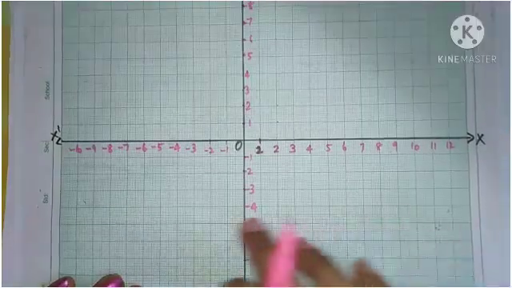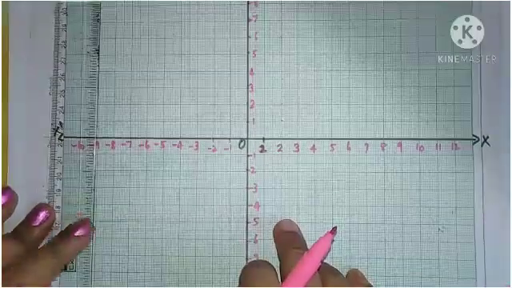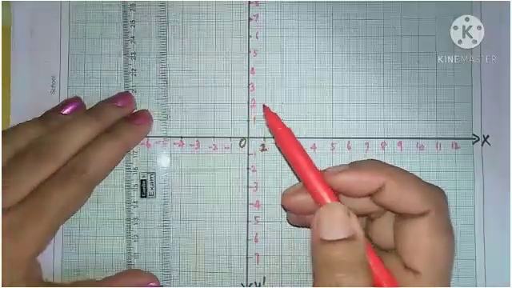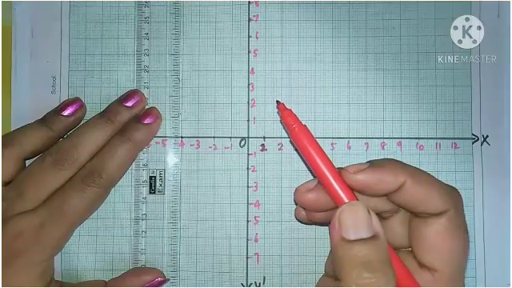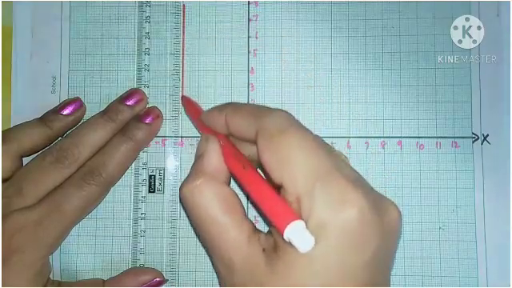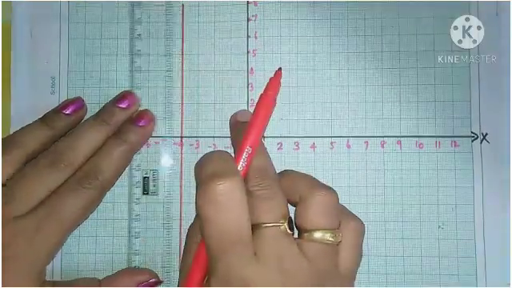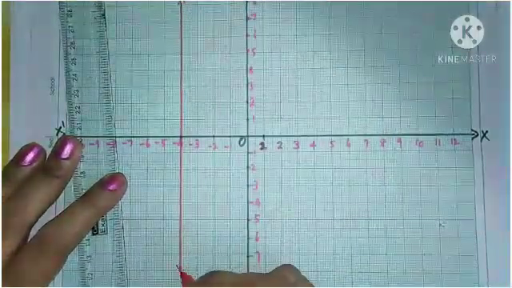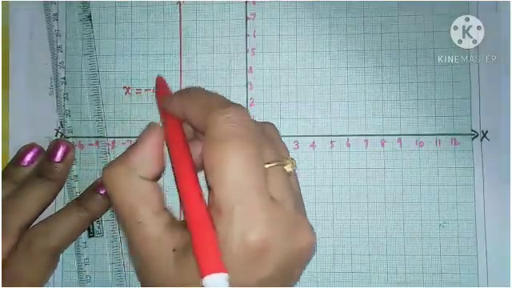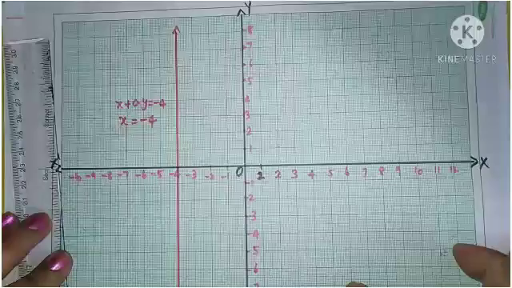Now children, you see after drawing the Cartesian plane we are going to represent x equal to minus 4 here. So where is x equal to minus 4, children? Here. So the y coordinate is not there. So how to draw the graph? Through this x equal to minus 4 you want to draw a straight line, and that will be exactly parallel to our y axis. Can you see they are parallel lines? And this is the graph for x equal to minus 4, or you can say x plus 0 into y equal to minus 4. Okay, so this is the two variable graph.